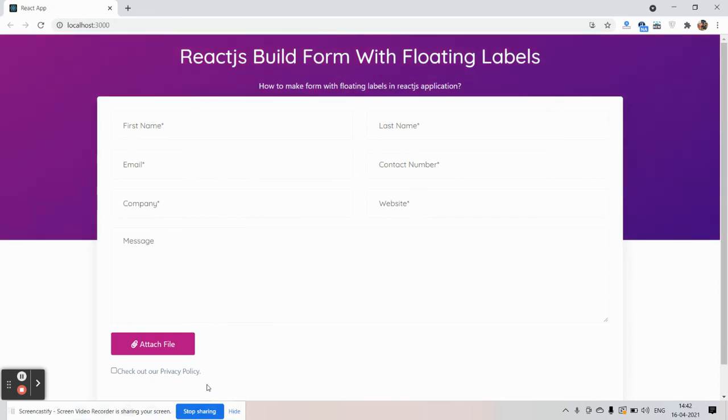So guys, in this working video, I'm going to show you how to build a form with floating labels in our Reactjs application. So guys, before showing you the working demo and code, I must say please watch the video till the